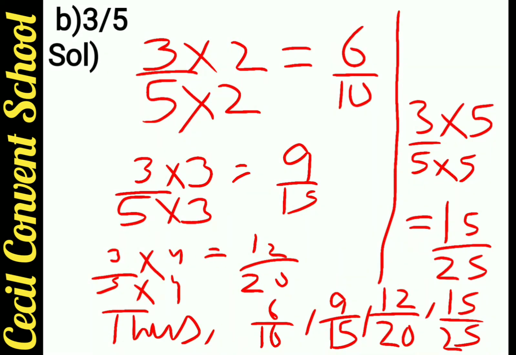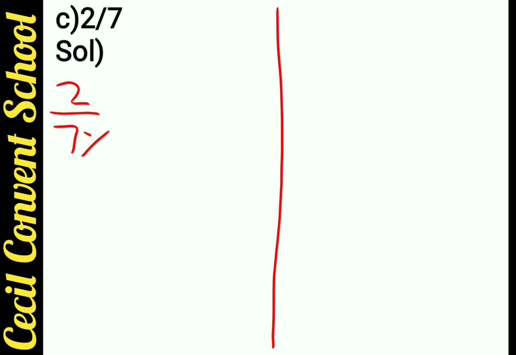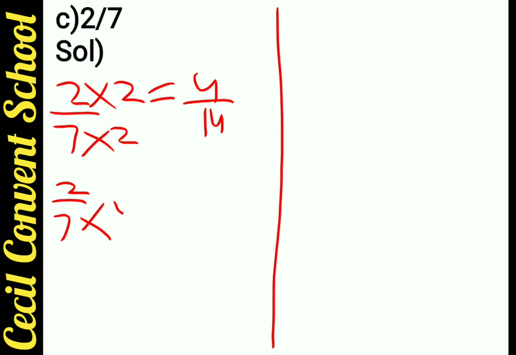Now we do C part of it. Same as this. Firstly, we make 2 lines so that some part I will write here, some part over there, but you will write down only on the page. I have less space, so that's why I made the 2 columns. So 2 by 7, firstly I have to multiply by 2. Answer comes 4 by 14. Then 2 by 7 you have to multiply by 3. Answer comes 6 by 21 because 7 3s are 21.